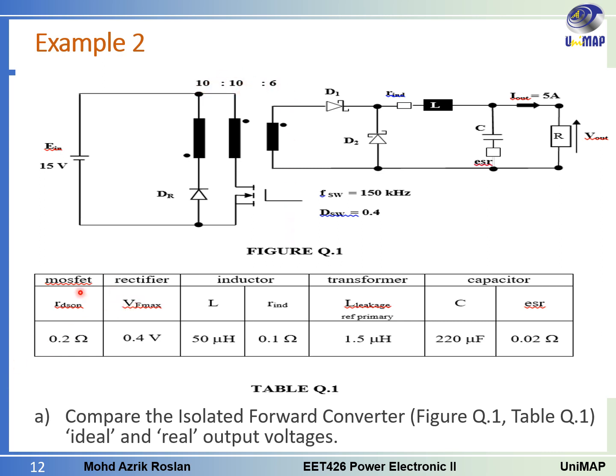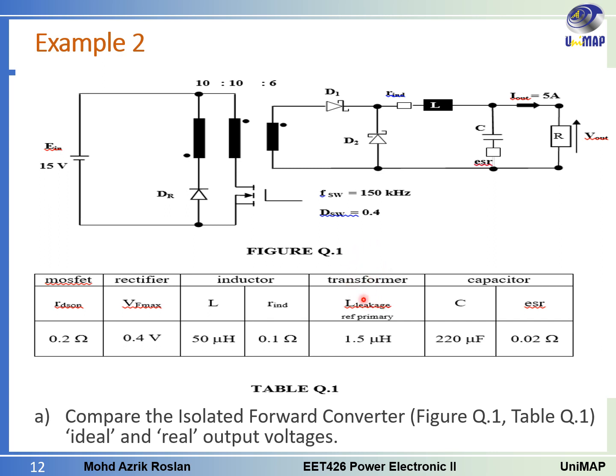For this example, we have the MOSFET RDS on 0.2, and the forward voltage 0.4. The inductor here is 50 microhenry. The R inductor is 0.1, and we have the leakage